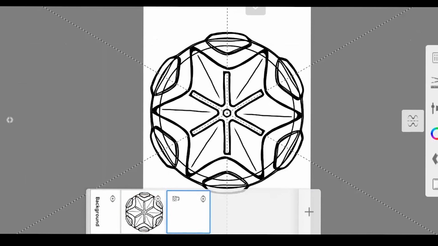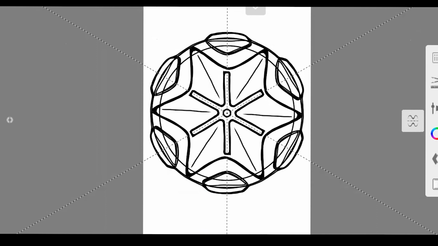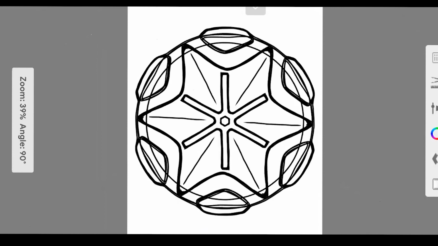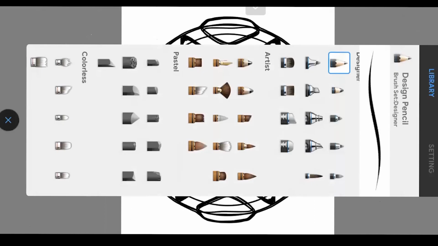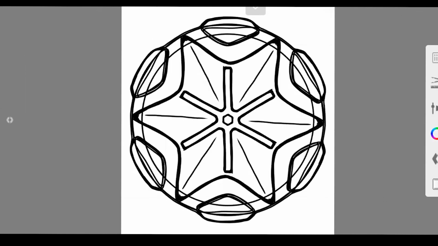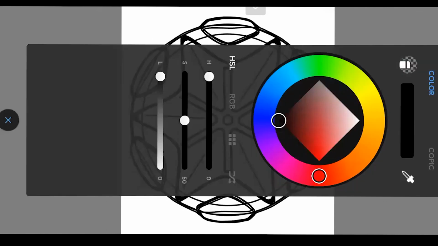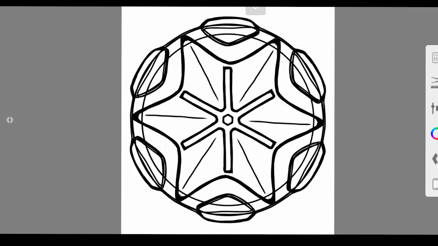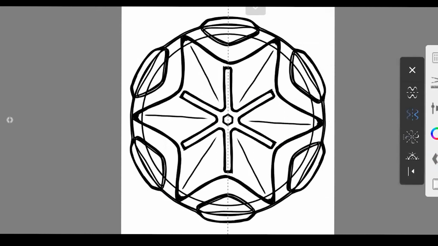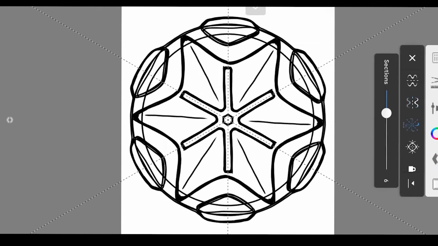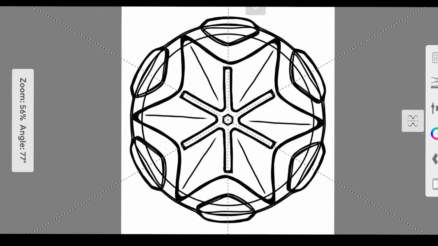So I will now add another layer. On the first layer, I sketched the basic layout. On the second layer, I will be using the pastels, as you all saw in the previous episode while I was designing the rim for Atlantis. So again, I will take this streaky pastel. This time I will be selecting red color, my personal favorite. And again, I will select the radial symmetry and lock it. It's already locked.